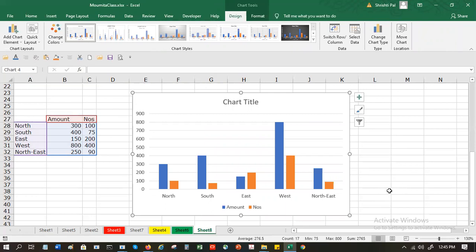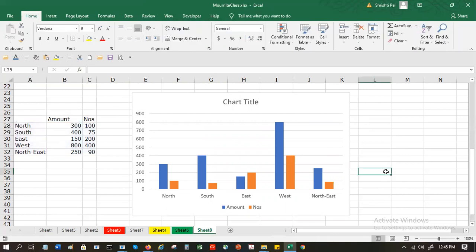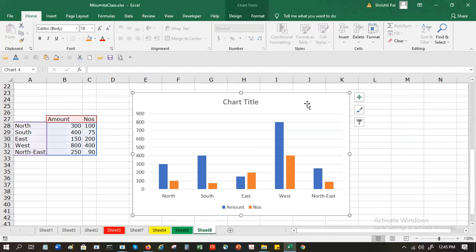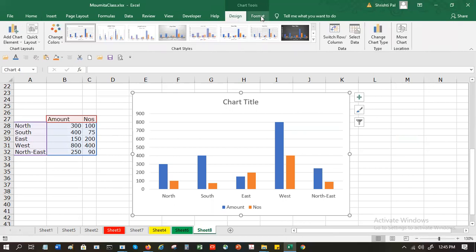Design is a separate tab. Actually, when you click outside the chart, that design tab will disappear. It's context sensitive. When I click on the chart, only then these chart tools will appear. There is one for Design, one for Format.